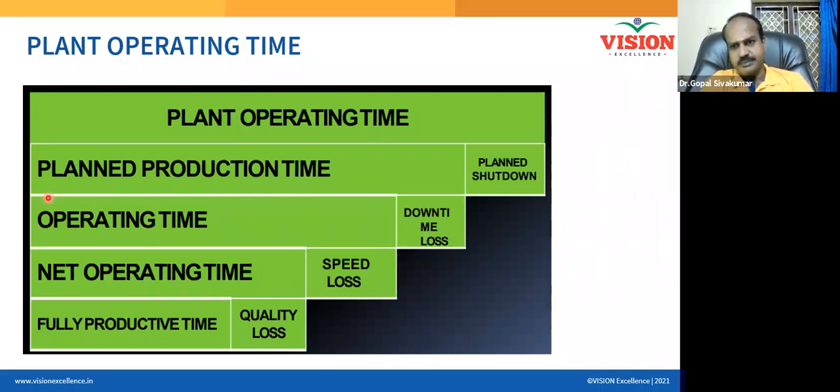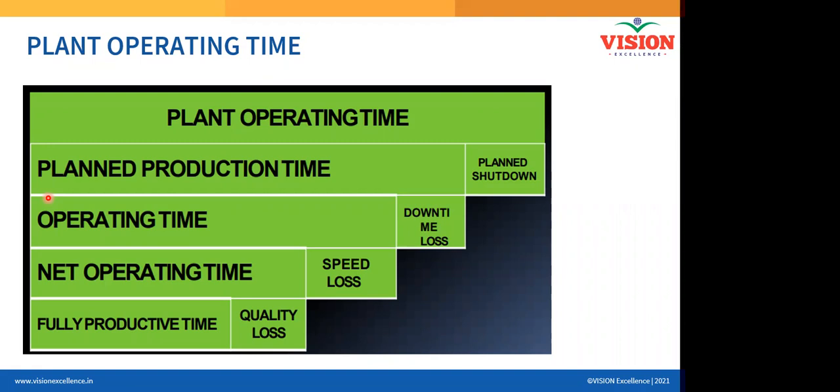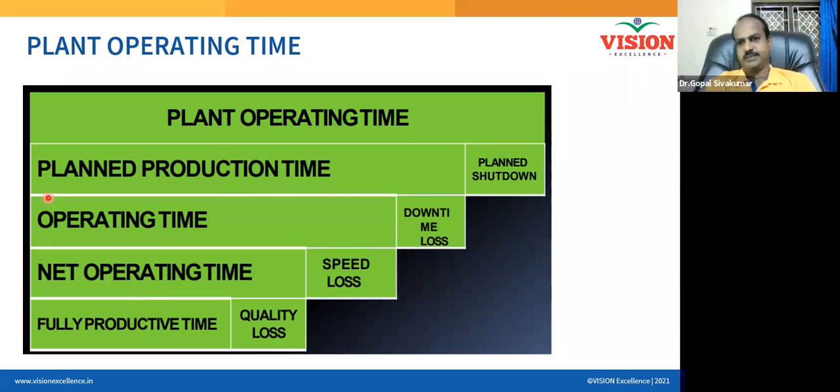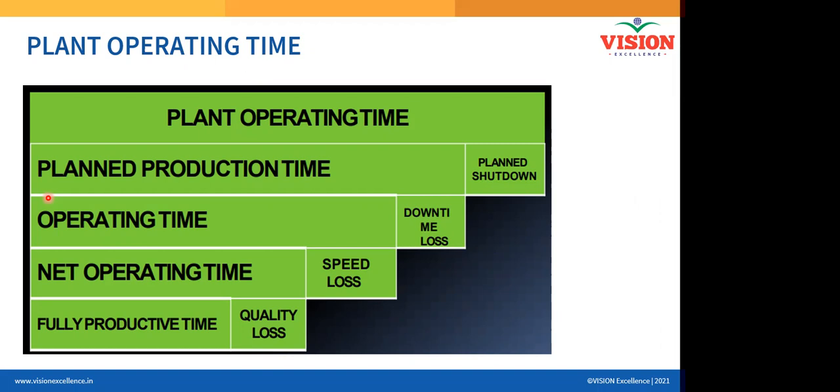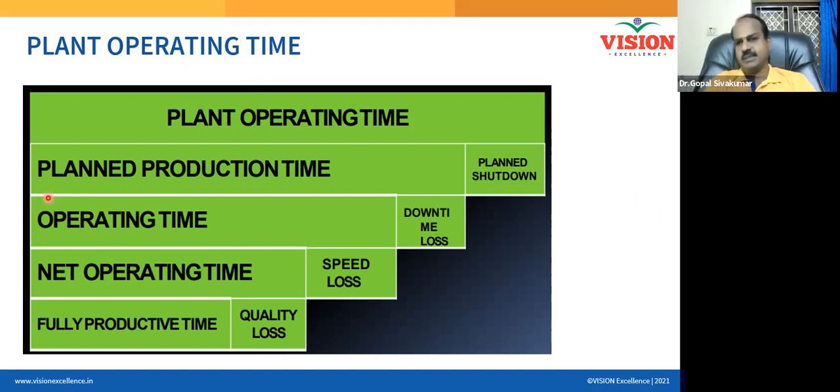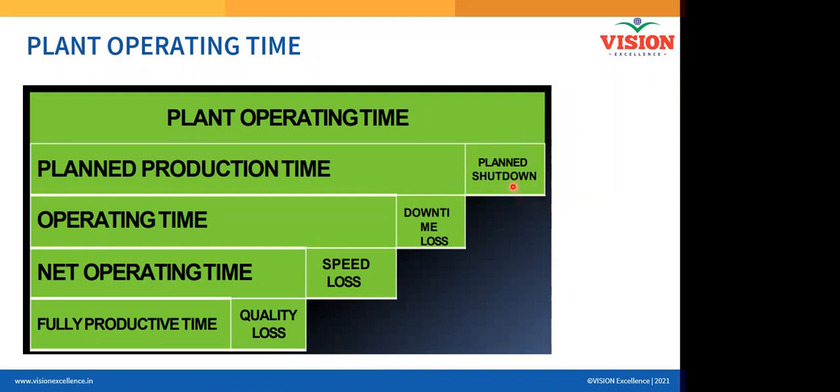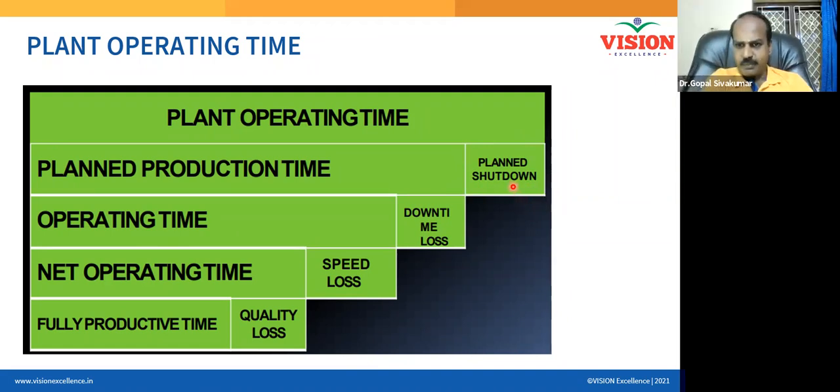Is it clear? Yes, sir. Okay. In one shift, what is the plant operating time? 8 hours. So plant operating time in a shift is 8 hours. And now let me say the lunch time is 30 minutes, and the tea break is 15 minutes and there are 2 tea breaks. And then every shift there will be a maintenance of 30 minutes. Now totally what is the shutdown time for every shift? 1.5 hours, sir.